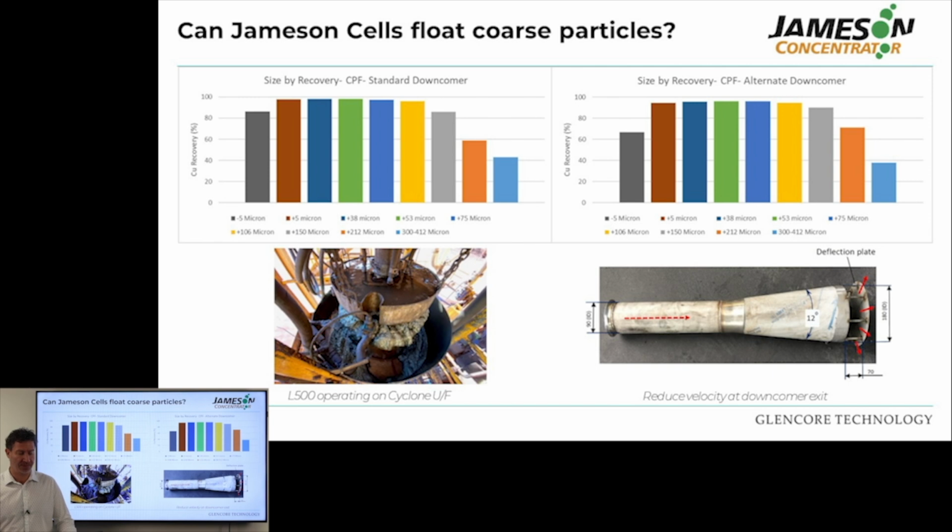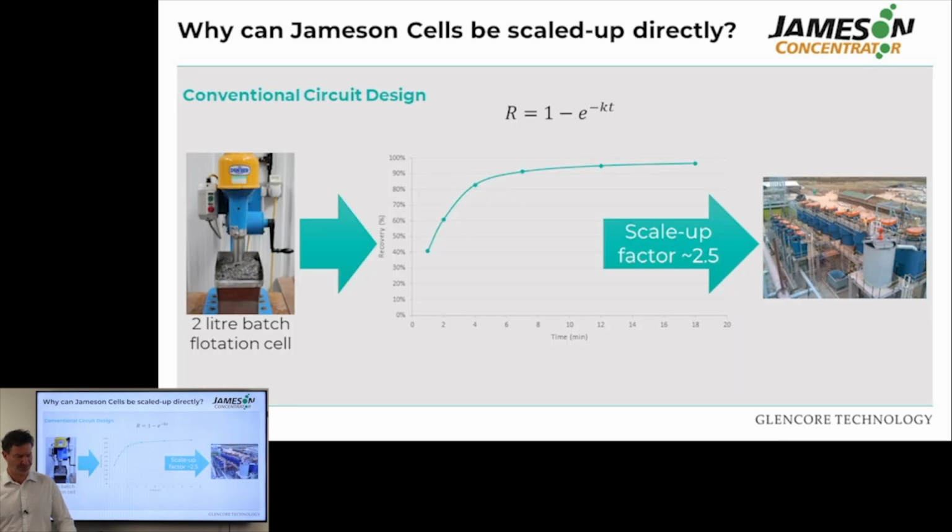So yes, what we can see here is Jameson cells can actually match the coarse side of the particle distribution and can match the coarse recovery of mechanical cells, while definitely Jameson cells can outperform the fine recovery of the mechanical cells. So the next and last question that I usually get is, why can Jameson cells be